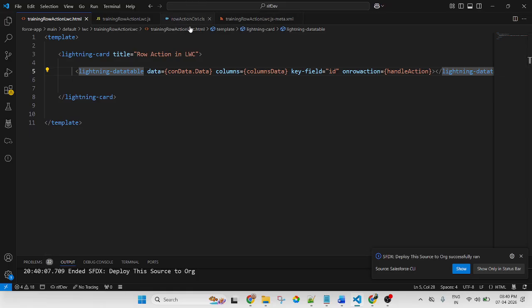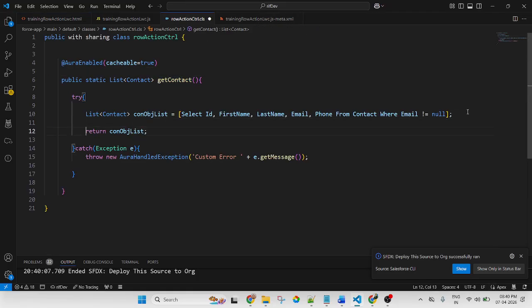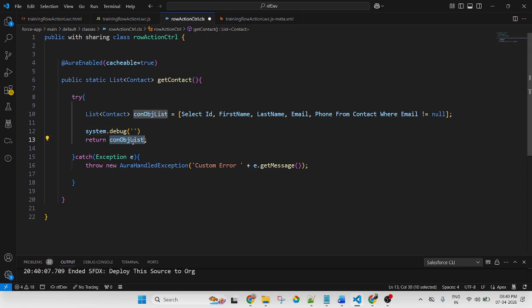Console.log, system.table, this is learning.